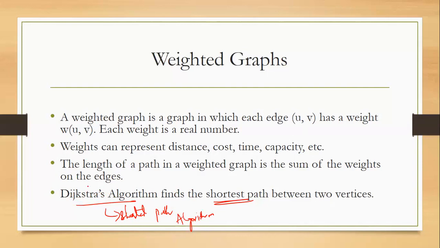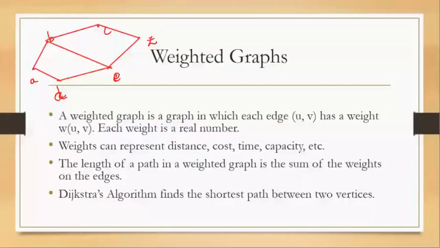Before actually going into the problem, I would like to explain it with the help of an example. The example given here is as follows. From A to D, the weight is 2, while A to B, the weight is 4. These both are 3. Even this is 3 and 2 and 1. Now for this example, what is the length of the shortest path between A and Z in a weighted graph? So I have to find the length of the shortest path from A to Z in the weighted graph.